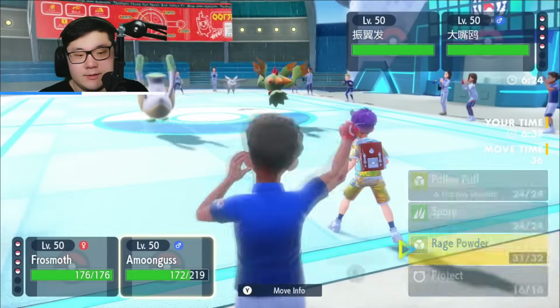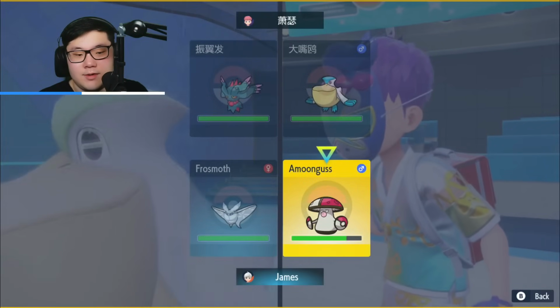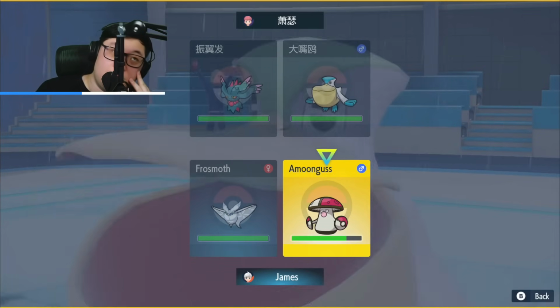I don't see a problem with just Quiver Dancing with Frosmoth again and just protecting the Amoonguss. I was thinking of potentially going Amoonguss for the...